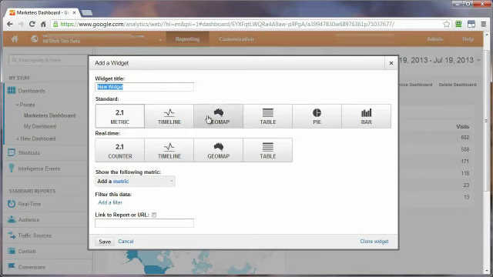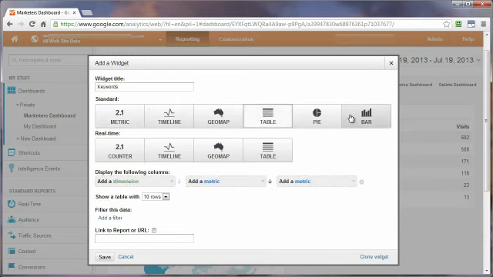Then you decide on what form you want that information to be displayed. And I'm going to go with table. And depending upon the form you want that information to be displayed, depends on how it's going to be laid out here. The dimension,